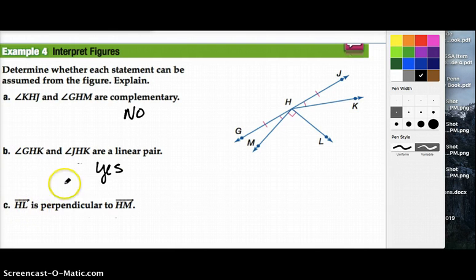And finally, is HL, that's this segment here, is HL, I should say ray rather, perpendicular to HM? And we can say yes, given that symbol there. All right, let me know if you have